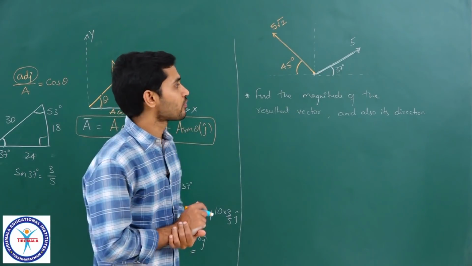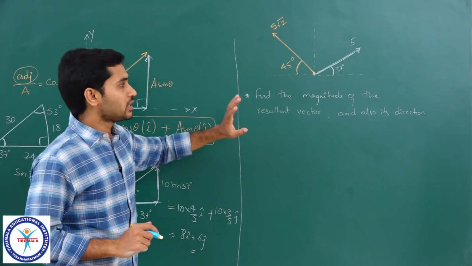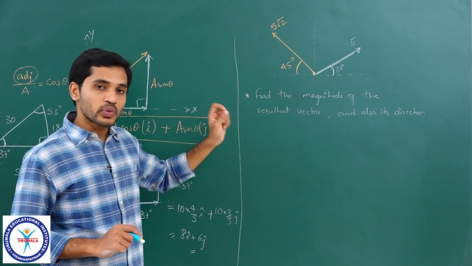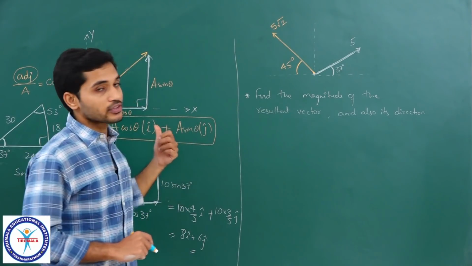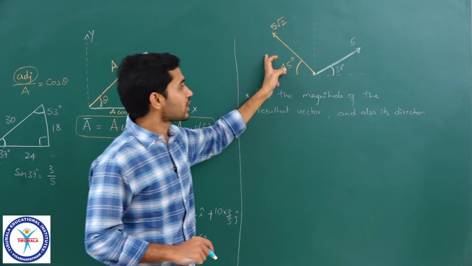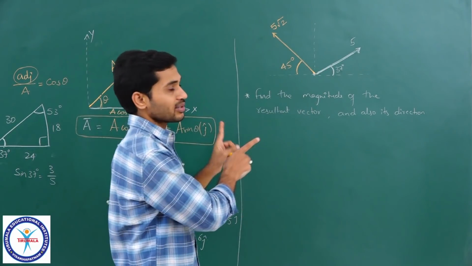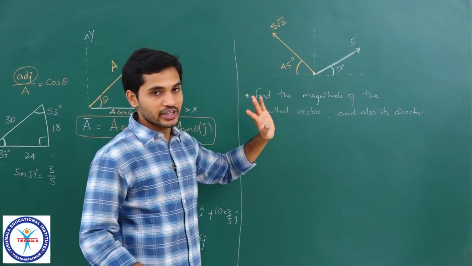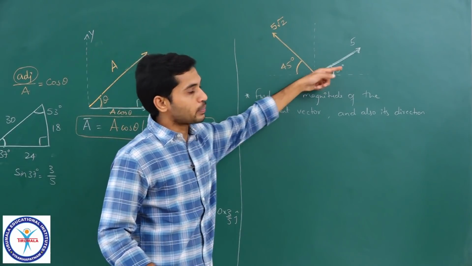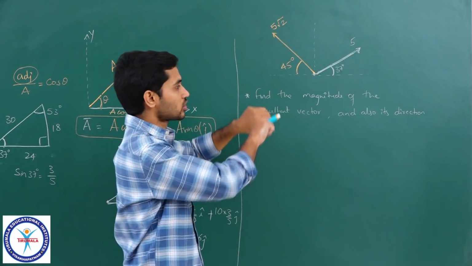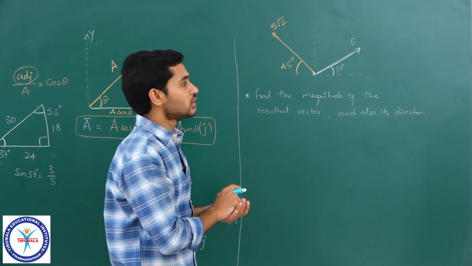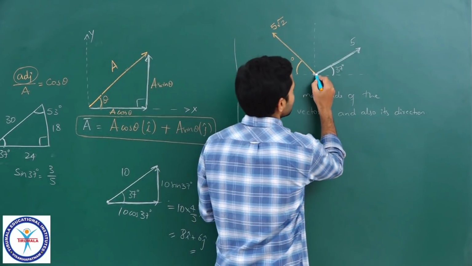that term, clear? So see properly, this question becomes very simple if you use the concept of resolution of vectors. So instead of looking at them as two vectors which are at some random directions, break down the vectors. So break this vector, break this vector. Breaking means not this, resolving, clear? So resolve the vectors.